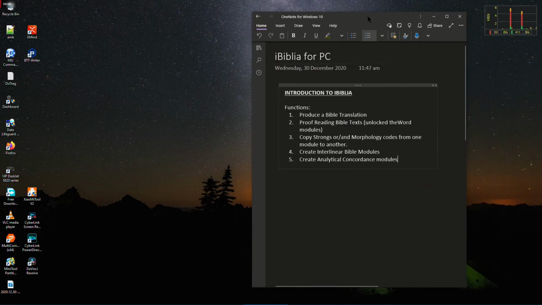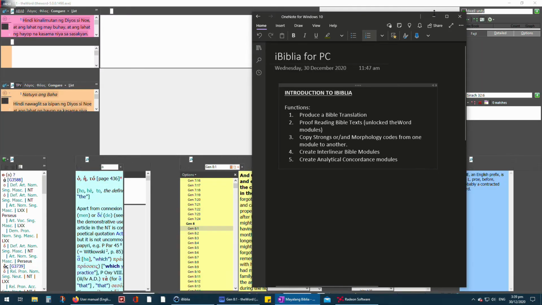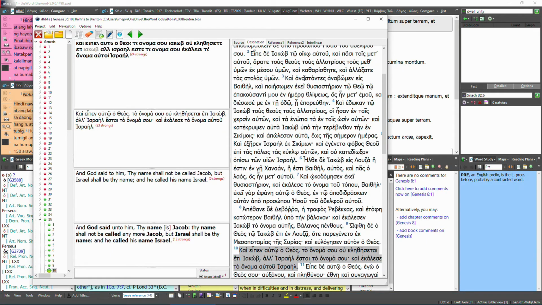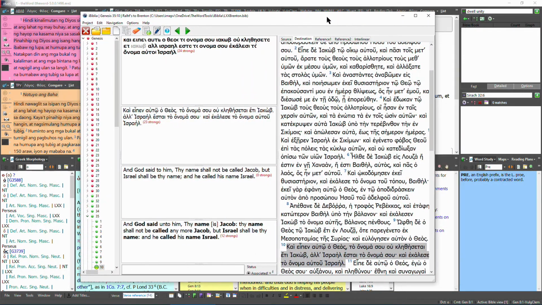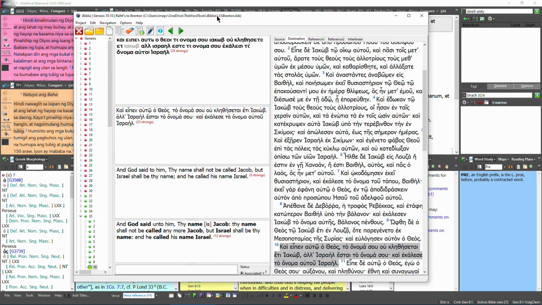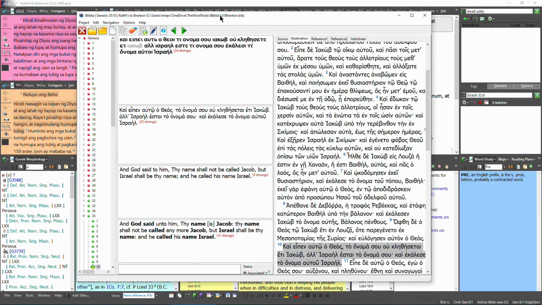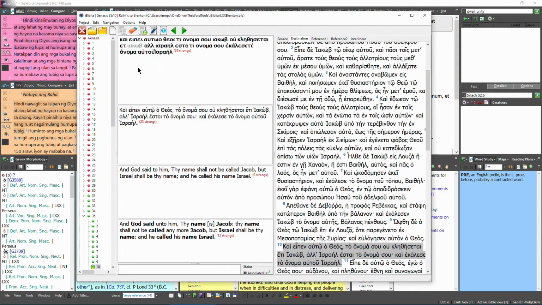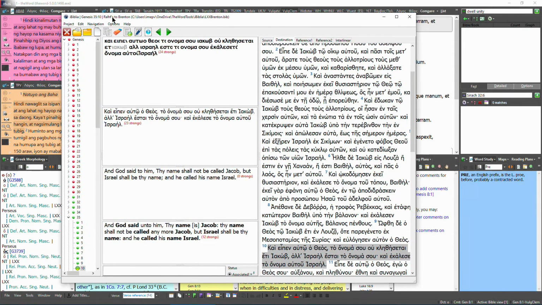Now we're going to go to theWord and iBiblia. So this is an example of the project that I'm working on with iBiblia. Okay, so this is a Septuagint, which is the Old Testament in Greek, a module,